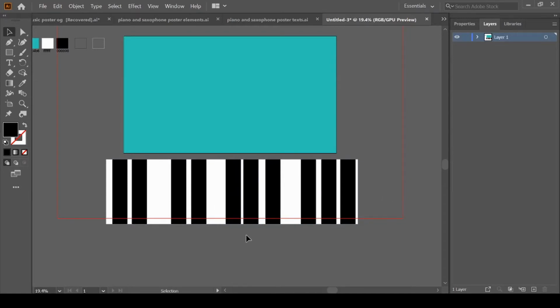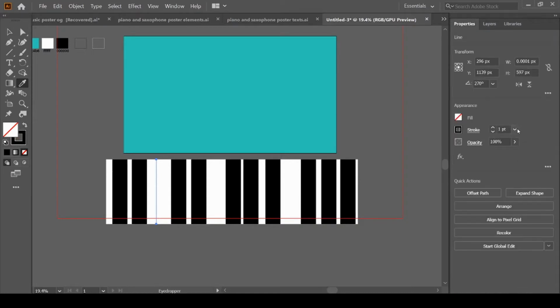Now we will grab the line segment tool, press Shift to make a straight line. I for eyedropper tool and pick this black color with the outline. Now go to properties, we will change the stroke strength to 4.